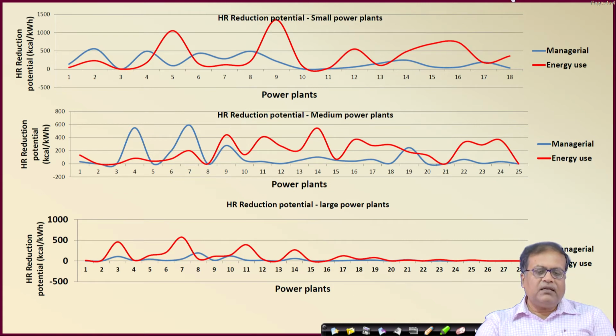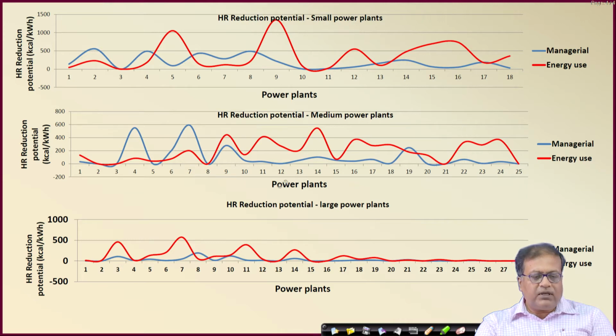So, you can then do a target setting for 9, right. Is it clear or not clear? Look at the middle portion, look at unit 14. See, unit 14 is not using the heat reduction potential with regard to energy use. Can you see that unit 14 of the medium and large power plants? You can see that for the large power plants, things are very different for 14, whereas unit 21 is doing it so beautifully.